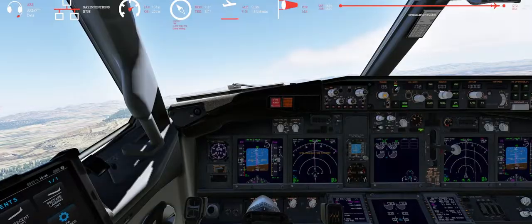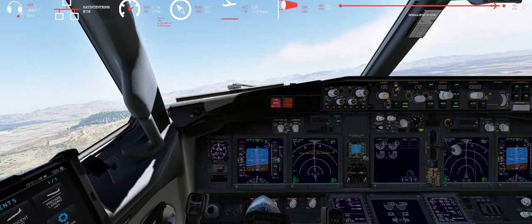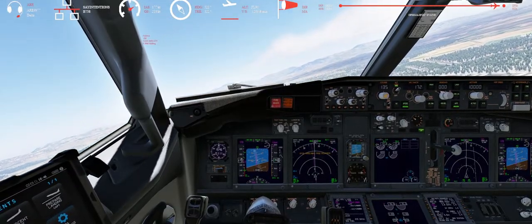I don't know how to get past the wind shear on this one. You almost have to divert, I guess. I don't know. This is what you would do in real life, but